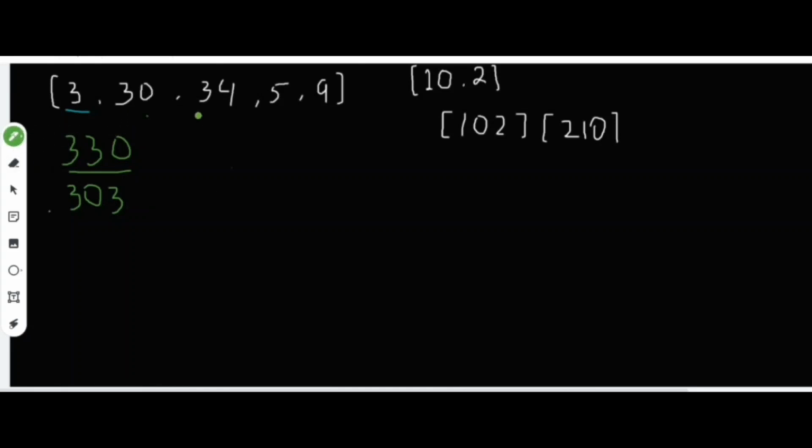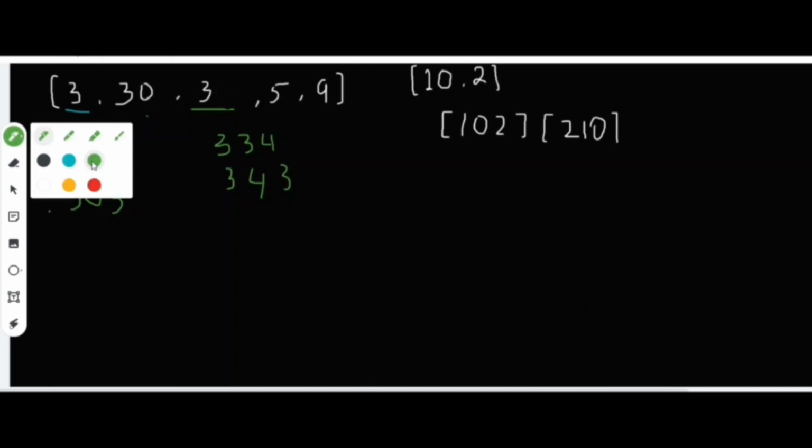Then you move your green pointer ahead and check this combination. The first combination is 334 and the other, when you swap, gives 343. Of course 343 is the bigger number, so you swap the 34 here and the 3 here. You swap their positions. Same you will do here. If you compare 345 with 534, of course 534 is bigger, so you will swap that. Once you are done with all these things,